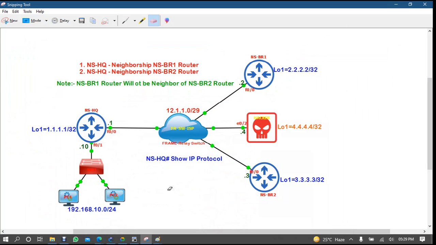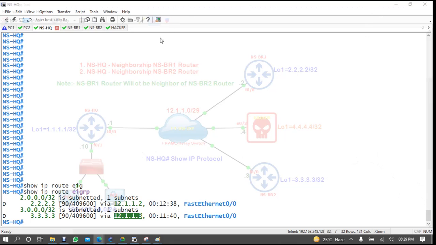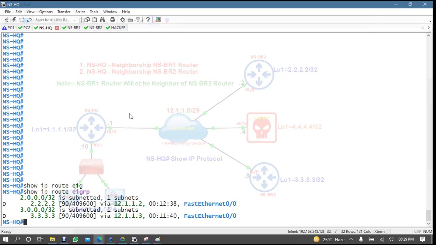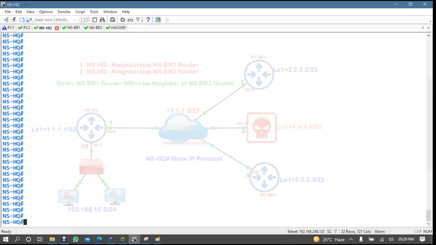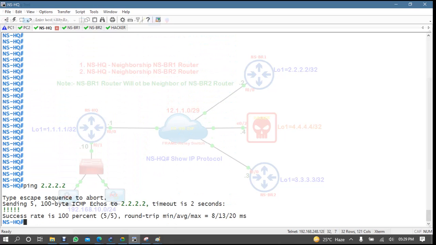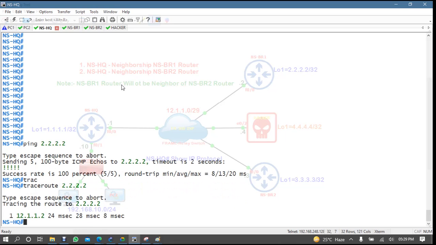So what you have to do in this lab: before that, I should run some traceroute and show you. If the headquarter router wants to communicate with a branch, no problem, communication is there, and trace 2.2.2 shows direct branch communication, right?